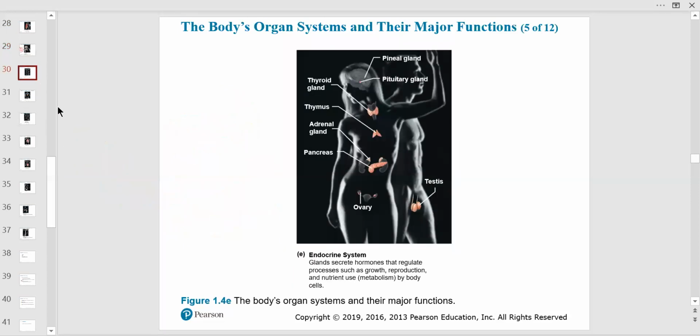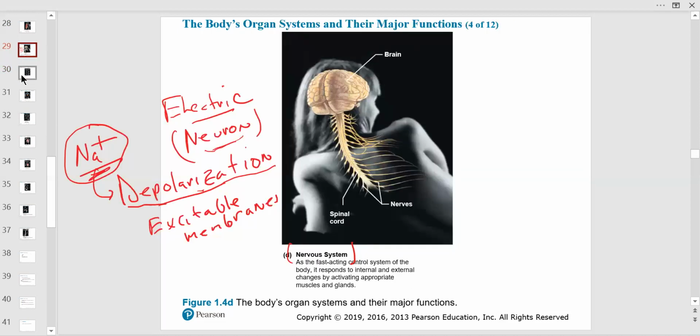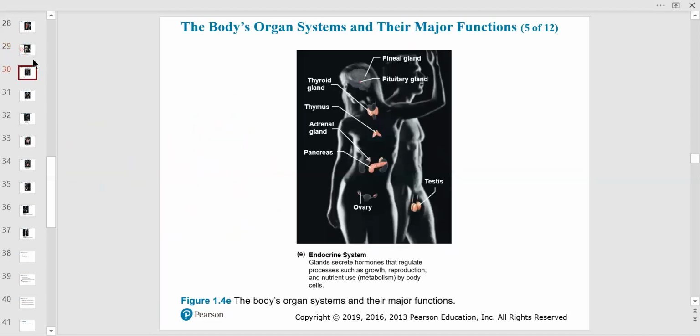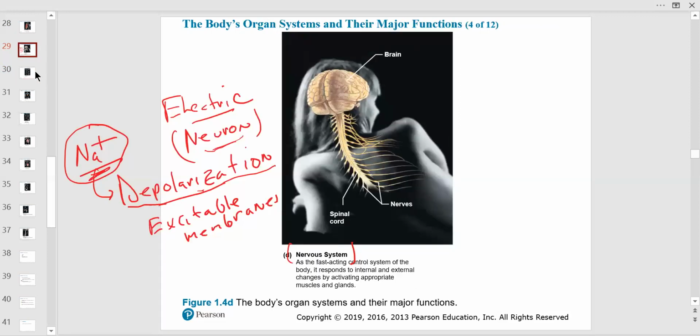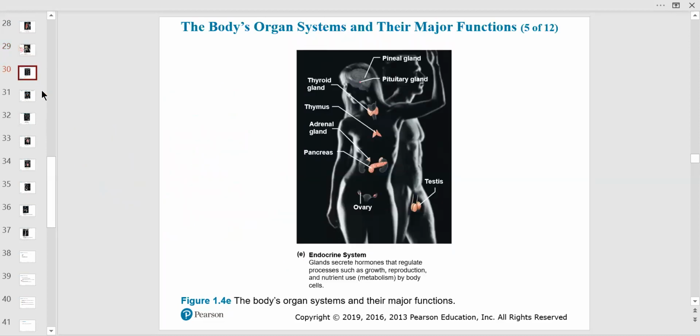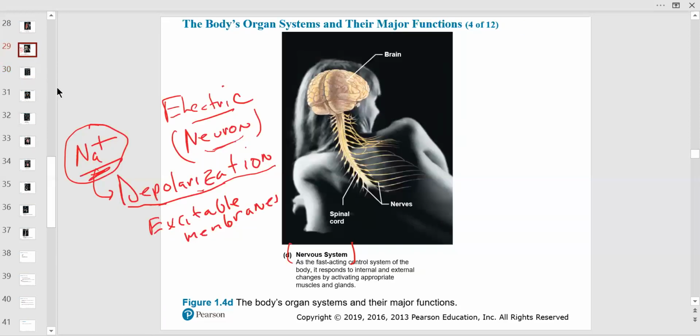And what do we got here? Endocrine system, I kind of already talked about. Here we're dealing with hormones and chemical messengers. What a lot of books do, they kind of compare the nervous system with the endocrine system. So the nervous system works very fast and short lasting. Well, the endocrine system is kind of slow release, long lasting. So the nervous system uses chemicals, not hormones, but they're very similar, and they're called neurotransmitters.